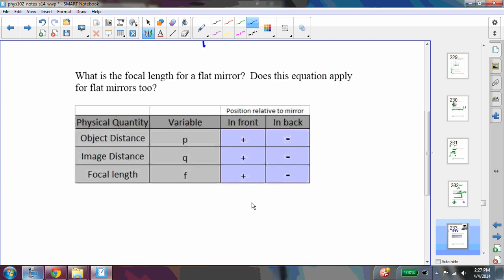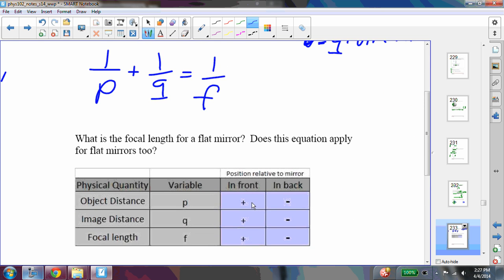Now let's also think about the focal length, because the focal length will be different for different mirrors. First of all, what is the focal length for a flat mirror? Now let's imagine that I have a concave mirror. Here, I'll draw a couple of concave mirrors. Here's a concave mirror, and the focal length is really small. But as that concave mirror gets more flattened out, the focal length is going to get bigger and bigger. So you can imagine then that if you have a flat mirror, the focal length is going to be